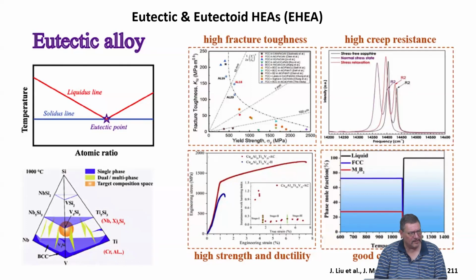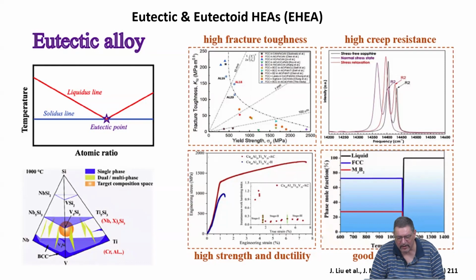Another dual phase alloy system is eutectic or eutectoid high entropy alloys, sometimes termed as E-HEAs in literature. And obviously you know what a eutectic is, so it's the same concept, right? But you just don't have pure phases, materials A and B, or A and some intermetallic compound, AB, AX, BY on both sides of the eutectic, but here you would have multi-principal phases which make up this eutectic structure.